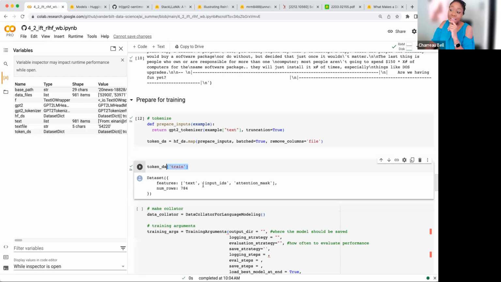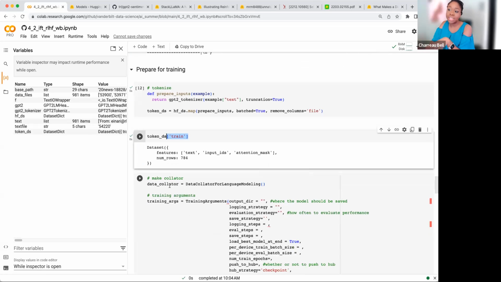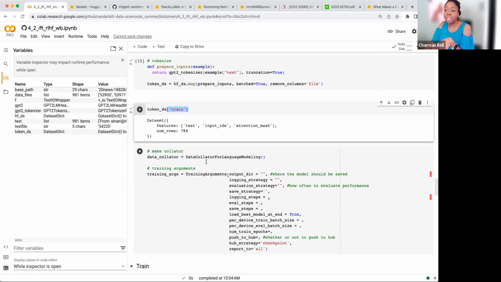And we can see that the features that have now been added are input IDs, that's the tokenization, and the attention mask. In case there's padding, you don't want your transformer to actually look at the part that is just padding. So our attention mask is going to say, hey, only look at the part that is actually text, not this padding part that we added so that our data set batch could be rectangular. Okay, so now we have prepared our inputs, we have train and test. Now we're making our data collator. This is a thing that, on the fly, is going to help us during training.